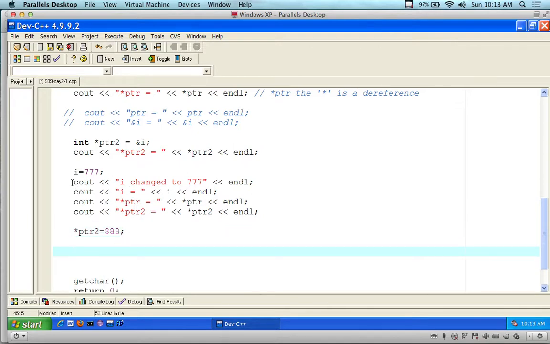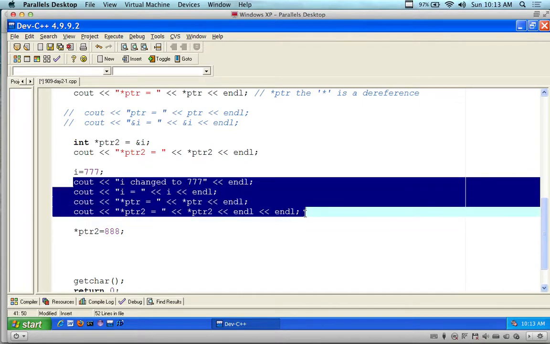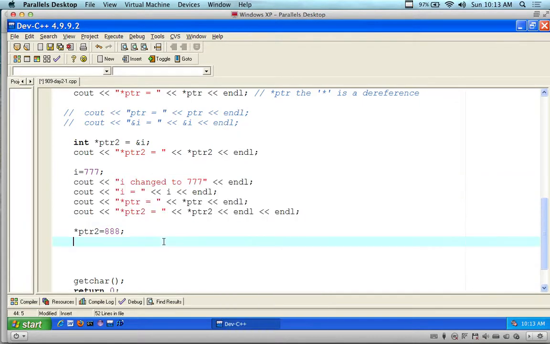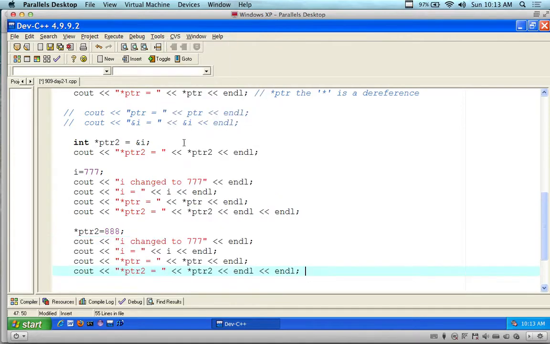then let me put a C out here at the end. I'm building all my examples here. End line. You know what, let's just put two end lines at the end here. Get smart about this. End line, there we go. Now if I cut and paste this piece, I'm going to print them all out again. Paste. 888, and this was